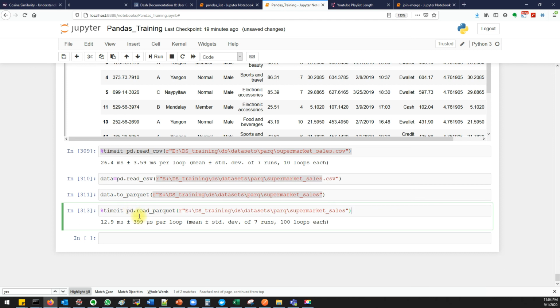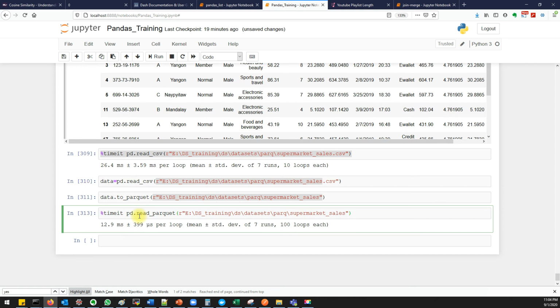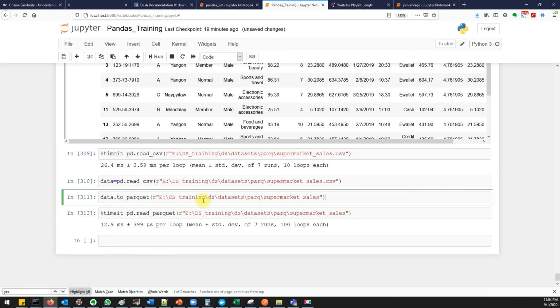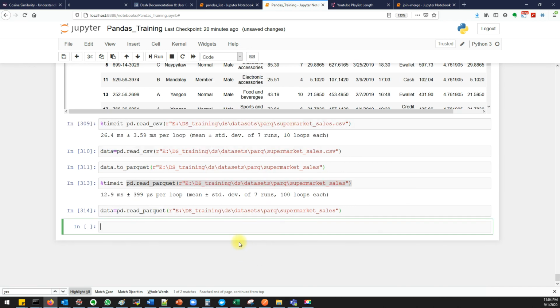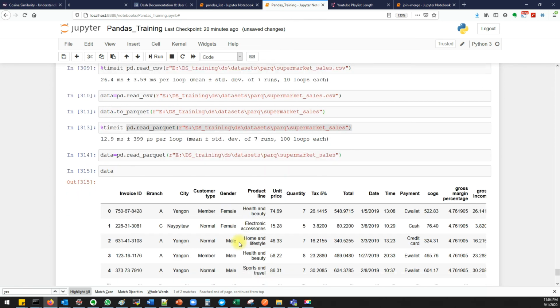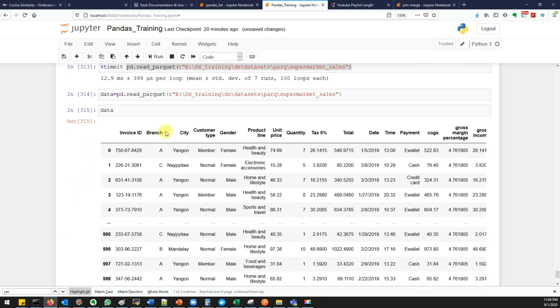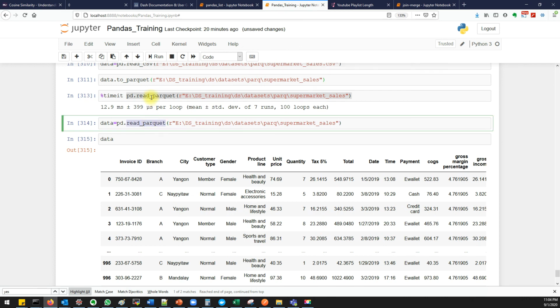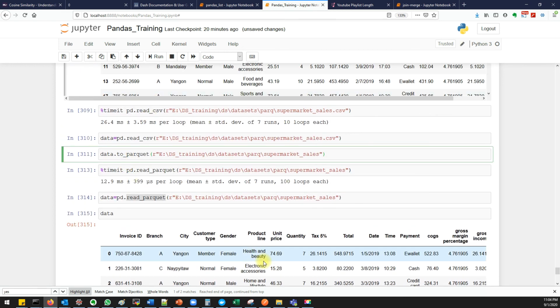Now, when you talk about filtering the columns, we know how to select particular columns using pandas. When you use the traditional CSV, as we just discussed, it will read all the data from all the columns, then filter out only the particular columns you want. In the case of Parquet, it's not like that. It will read only the columns you are expecting. We can also store it in a variable called data. Now you can print it. See, it's the same. Whatever steps you do next will be the same. Only the way you read and the way you write will be different, right?